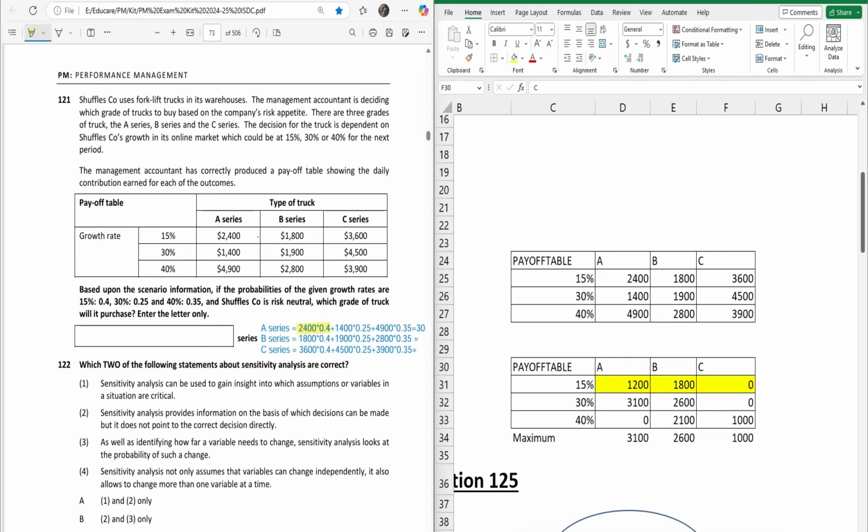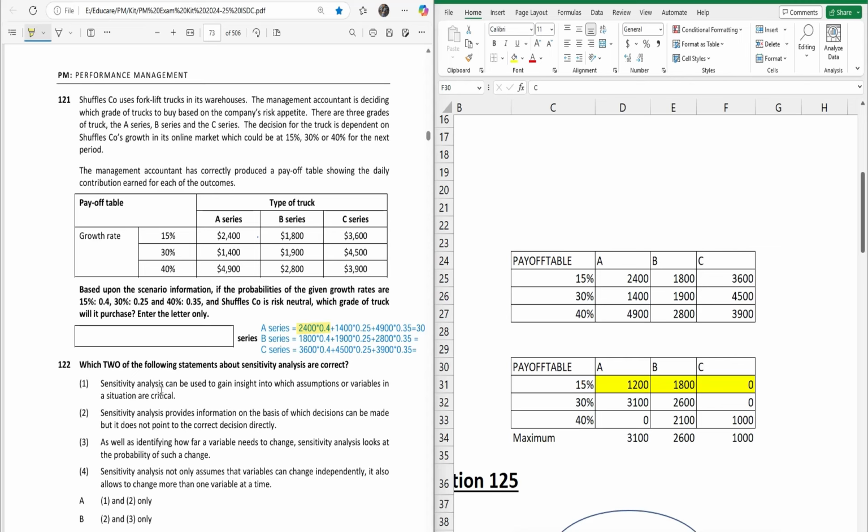It also finds out which variable, input, or factor, I mean assumption, is more sensitive, meaning the critical one. That means which one can change the decision if it changes by a little. Okay, so this is all about sensitivity analysis. And let's now read the statements. The first one is saying,